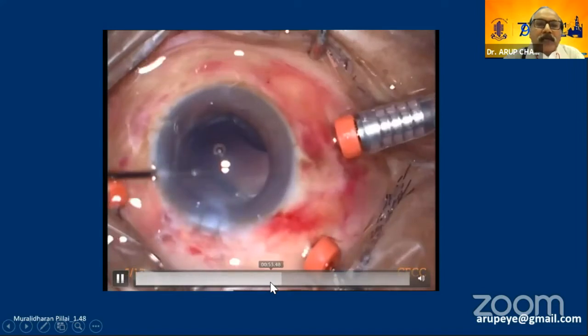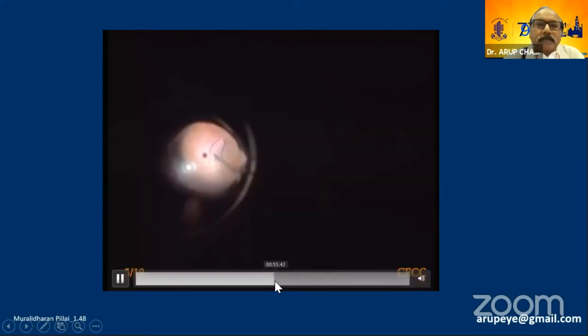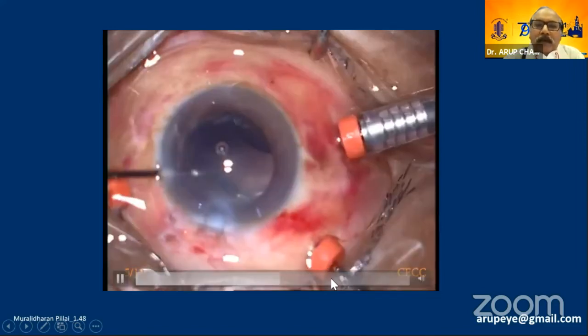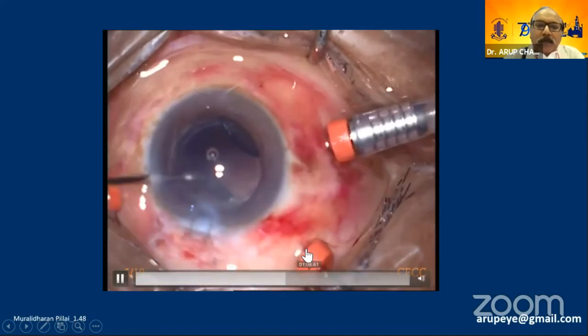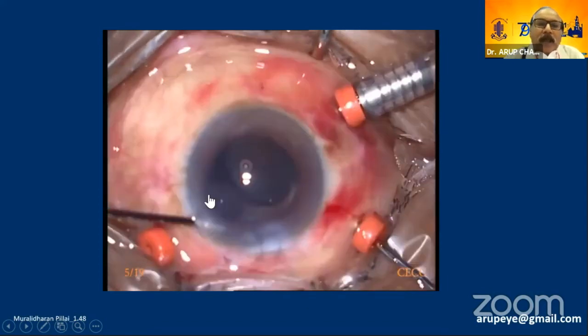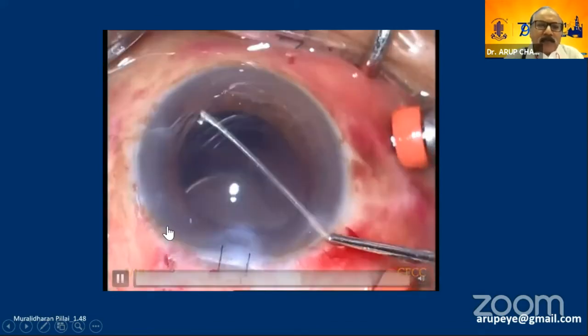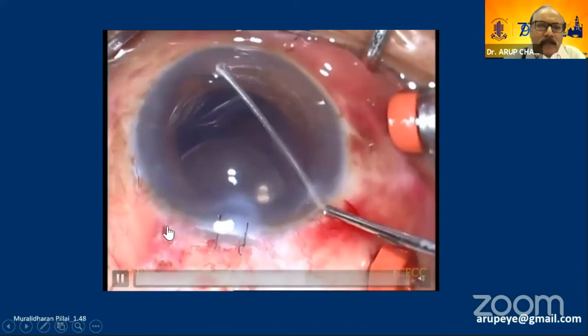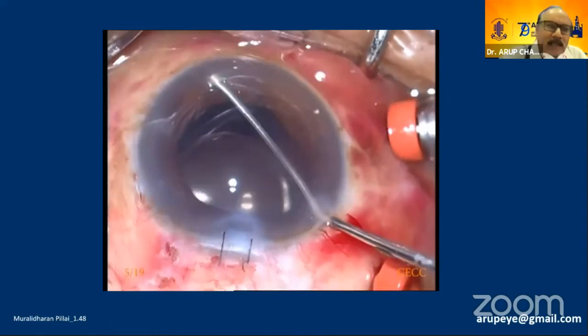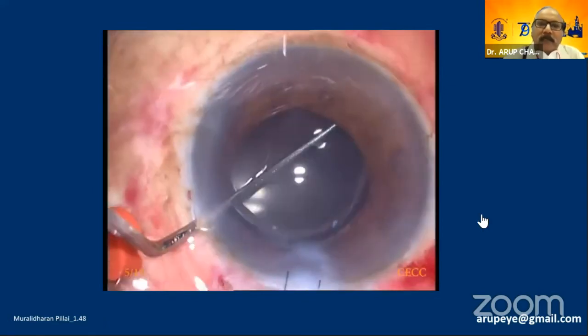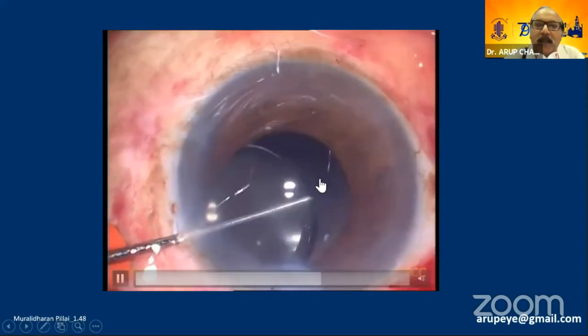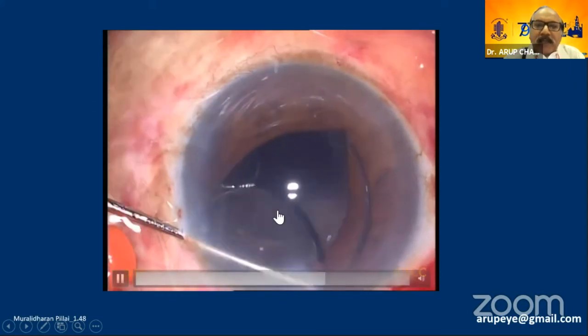So now I'm working through the sclerotomy port here and exteriorize one of the haptics. So it is always better to do it that way. So once you have extended the haptic, you have full control over the lens, and you can really dial it wherever you want to. So I first put it in the anterior chamber because since the rhexis was large, I